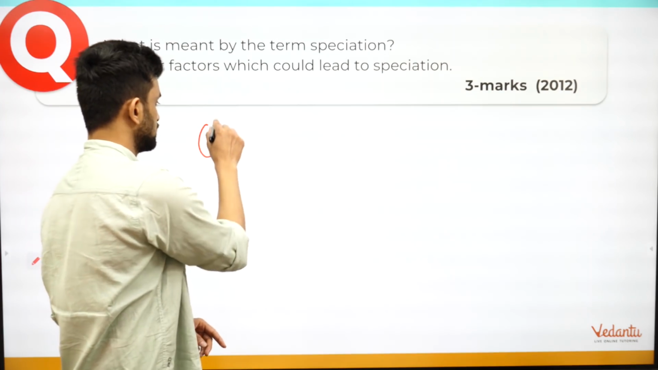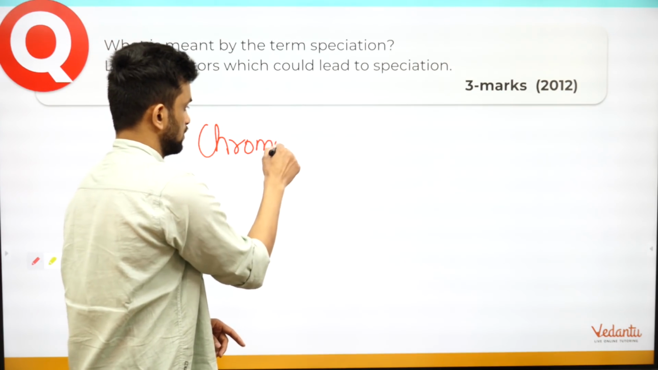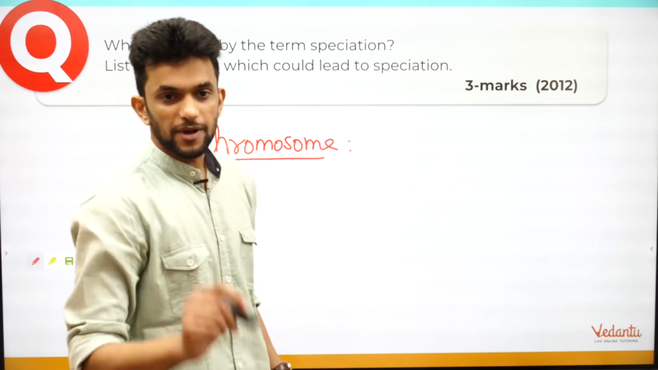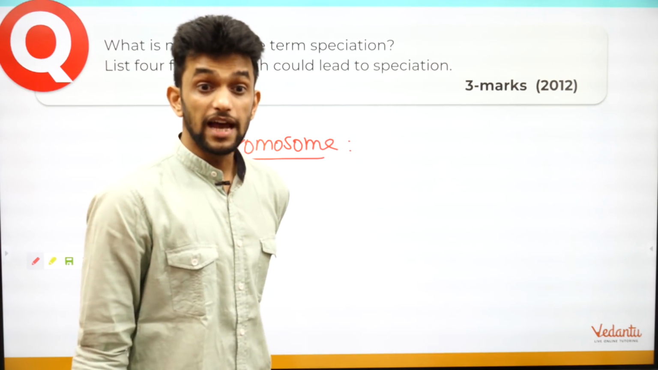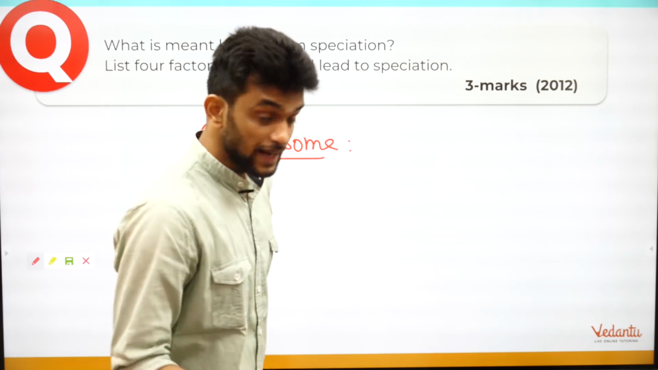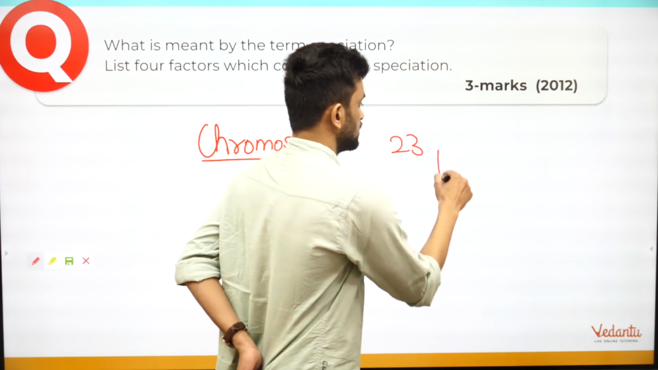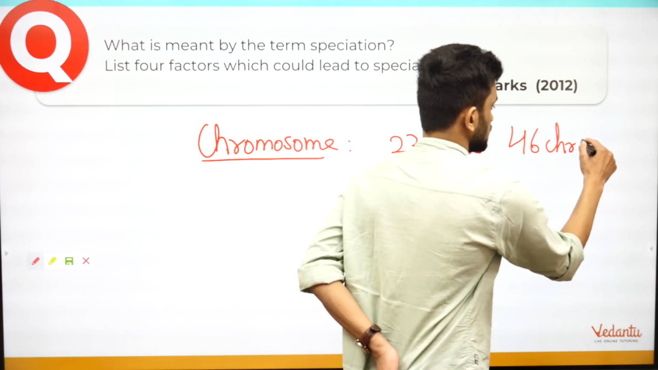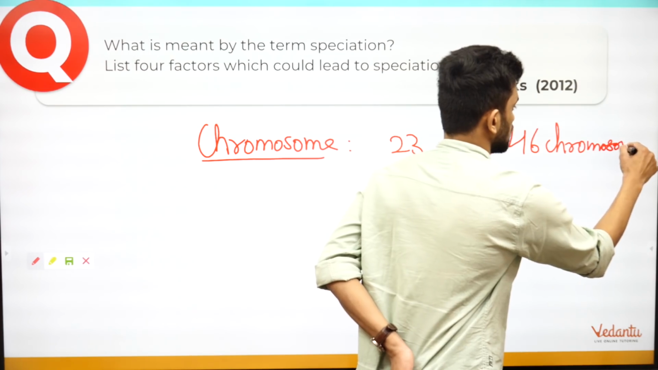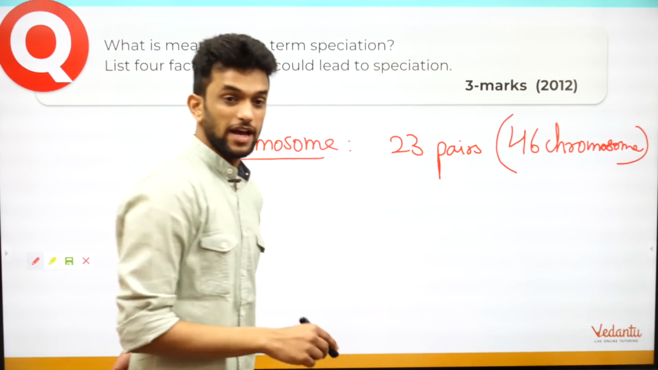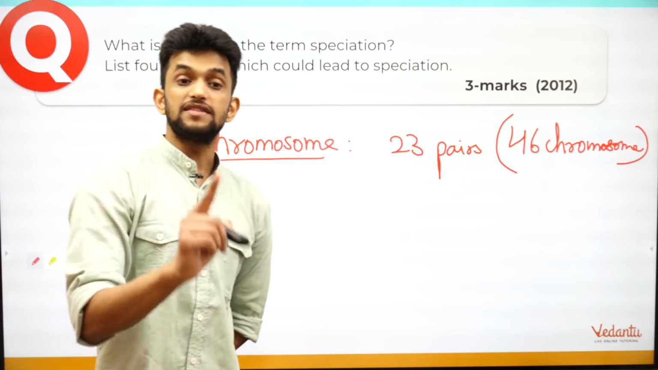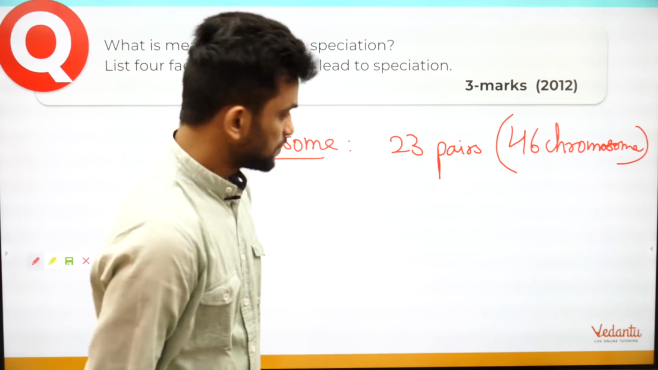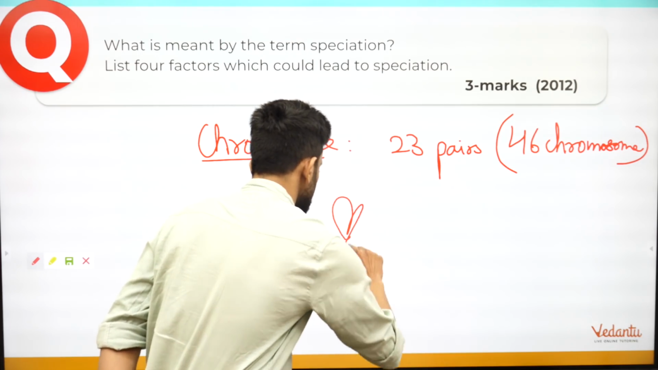We say chromosomes. How many chromosomes are present in the human being? Yes, there are 23 pairs and 46 chromosomes. 23 pairs and 46 chromosomes are present in each individual. Okay, 23 pairs. So now what happens is, generally